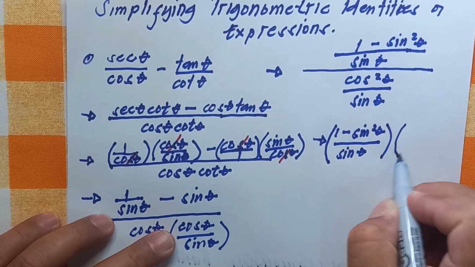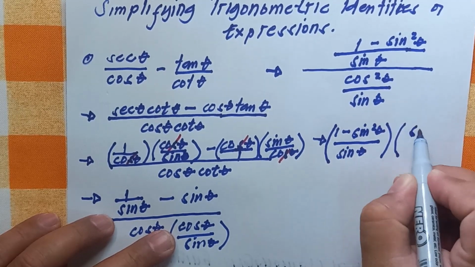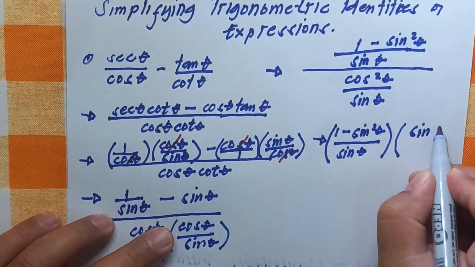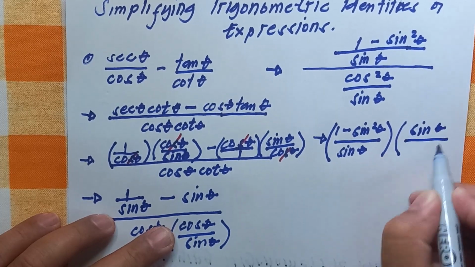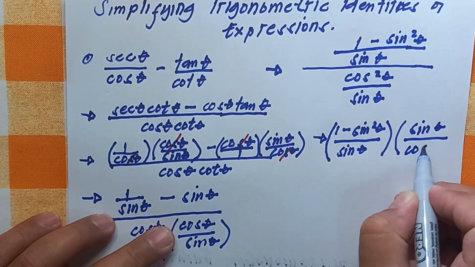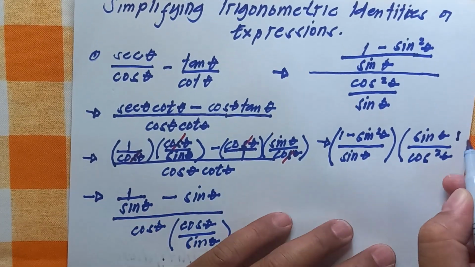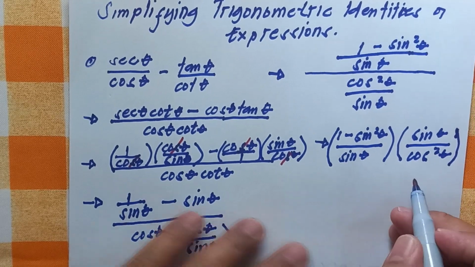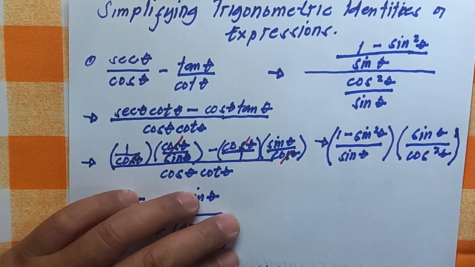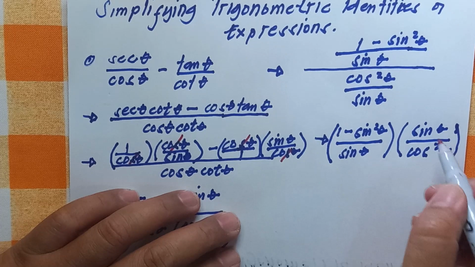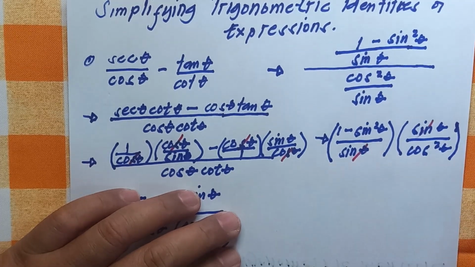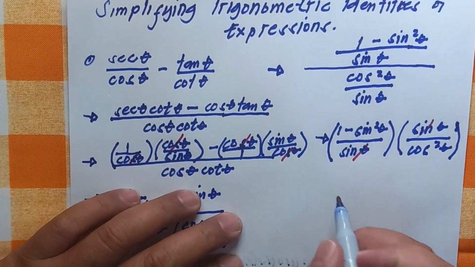What is the reciprocal? That is sine theta over cosine squared theta. Notice that the expression sine will cancel out. What is left now